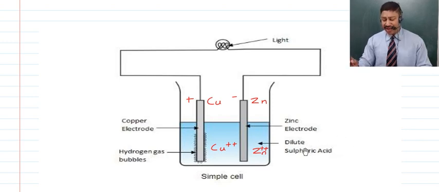Now the positive ions will move towards the negative electrode, or the cathode, and the negative ions, that is the anions, will move towards the anode. That is, they move in opposite directions, towards oppositely charged electrodes, right? As opposite charges attract each other. So this is what is going to happen within the electrolyte.